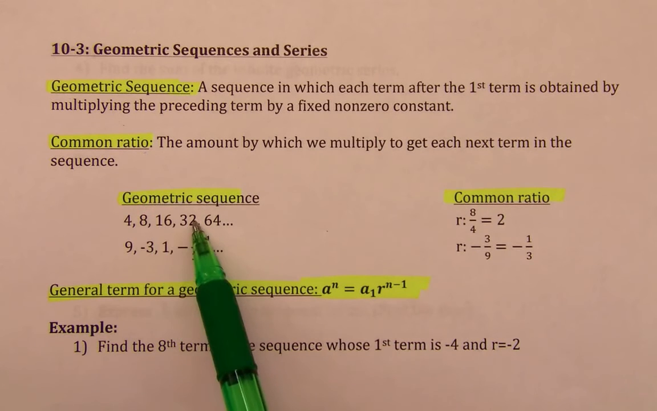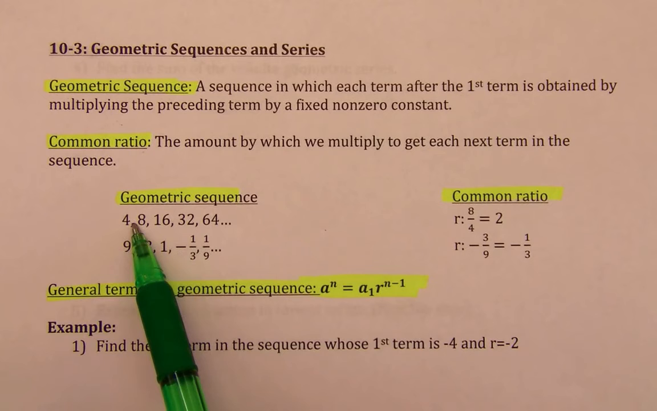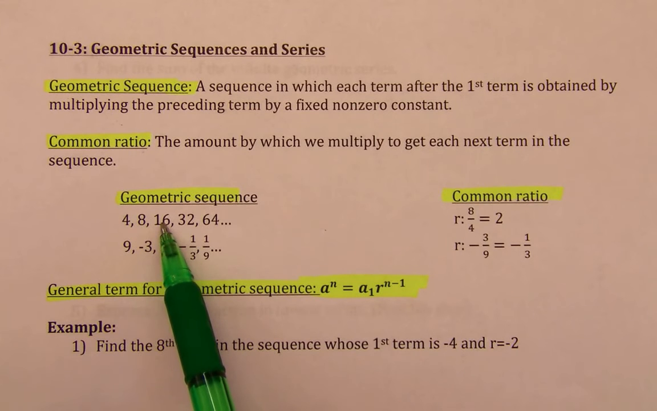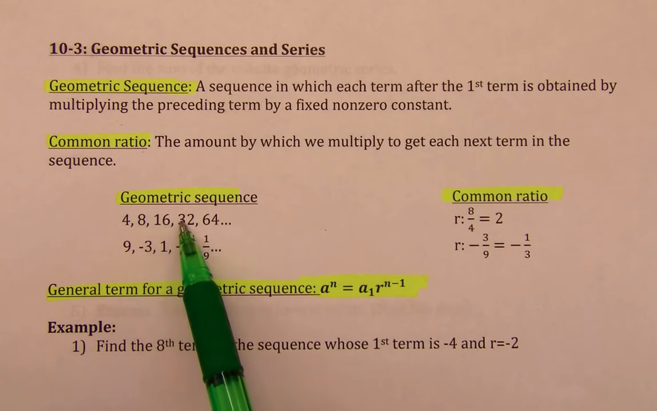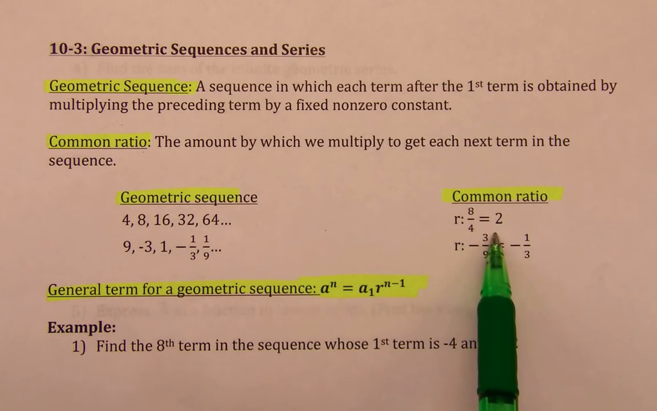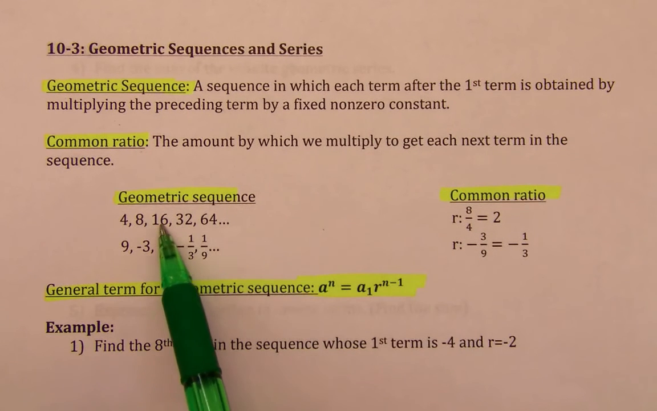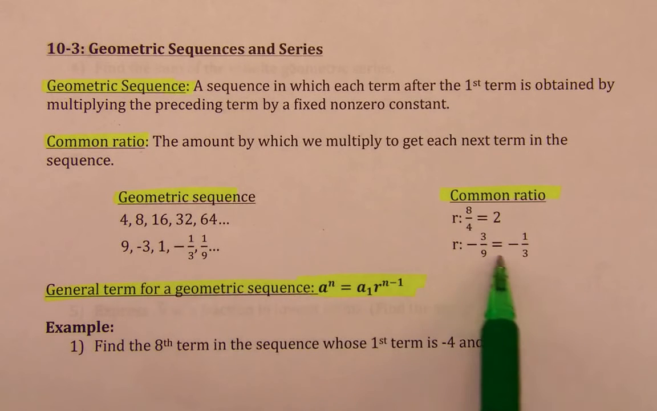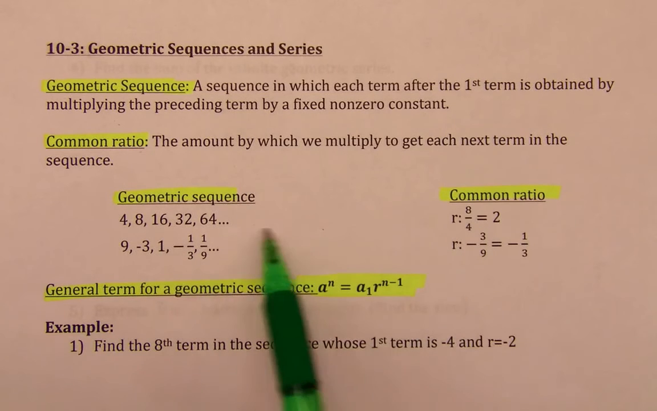So if I have these geometric sequences we see here, from 4 to 8, I multiplied by 2. From 8 to 16, I multiplied by 2. From 16 to 32, I multiplied by 2. My common ratio is going to be 2. Now, we can also decrease our numbers, and that would be multiplying by a fraction, as we see in